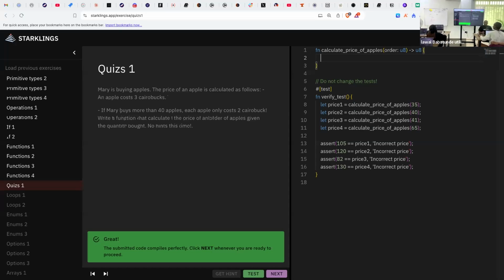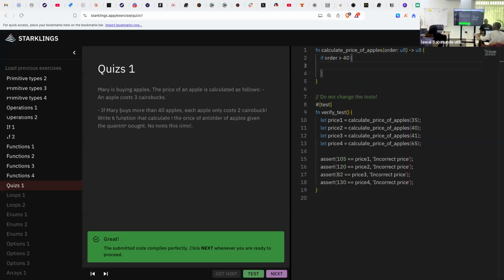Then in the function body, if order is greater than 40, then curly brackets, we multiply order times 2. Else,